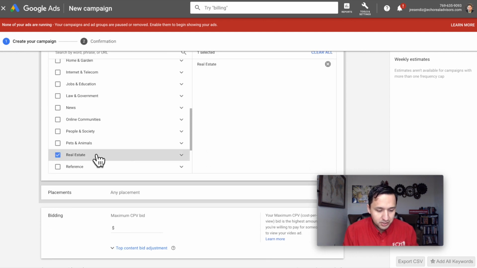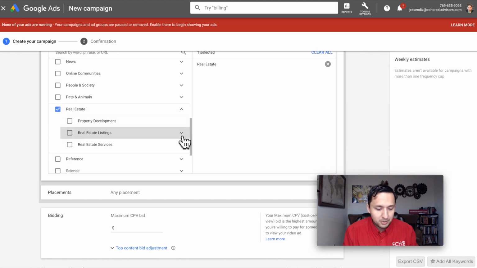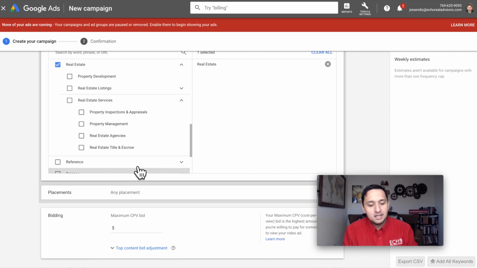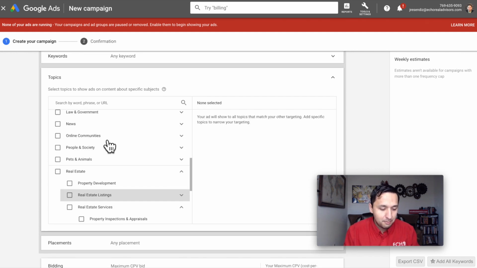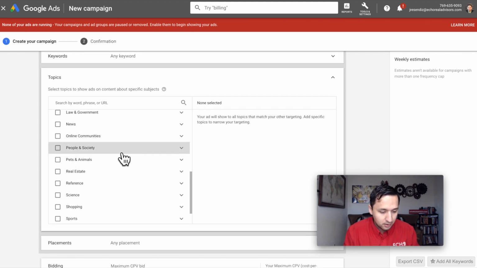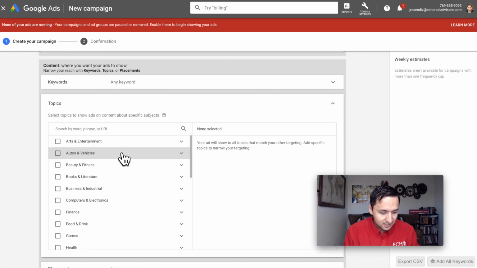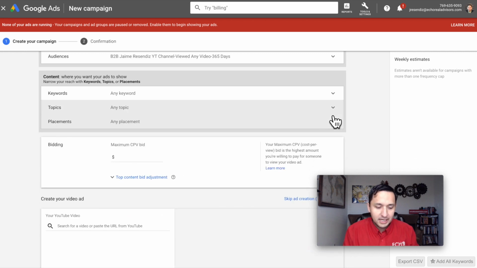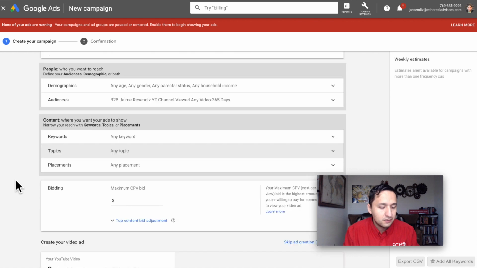So let's just check out real estate, what's underneath there. Property development, property listings, real estate services. So these are the topics that are being covered, and you want your ads to show up in front of them. I don't particularly want that. Mine, for this particular type of campaign, would be more on the marketing side. But I will not be using any topics again because I am targeting the audience that has viewed some content